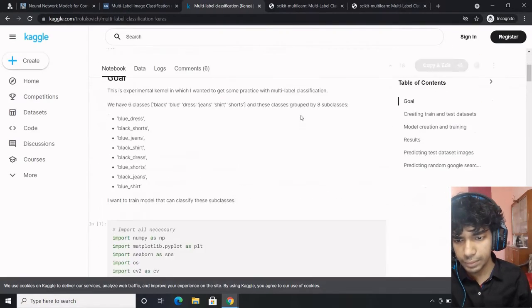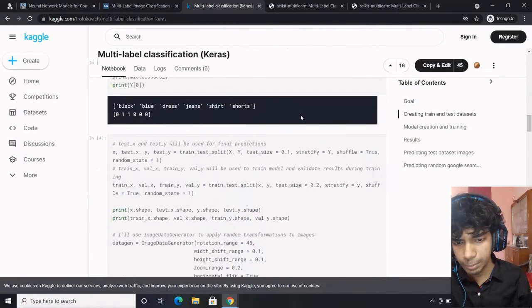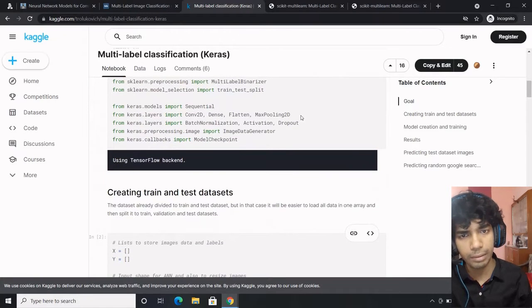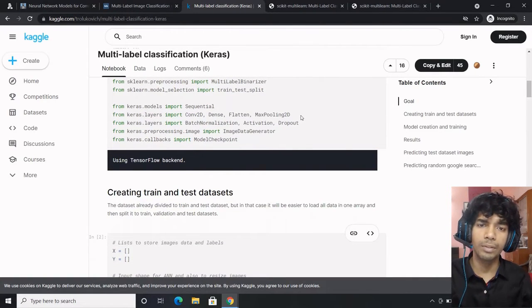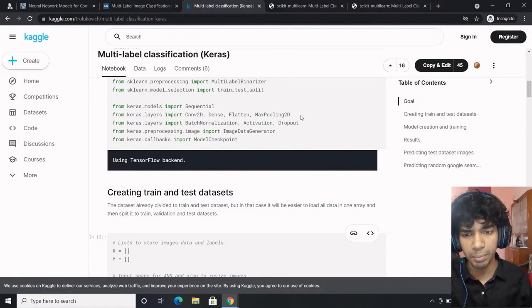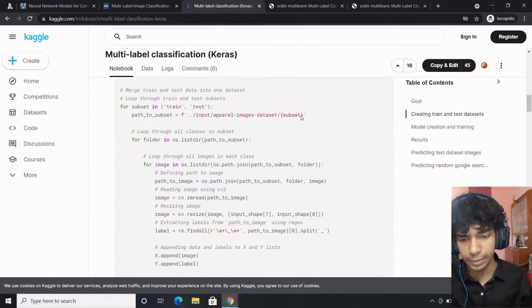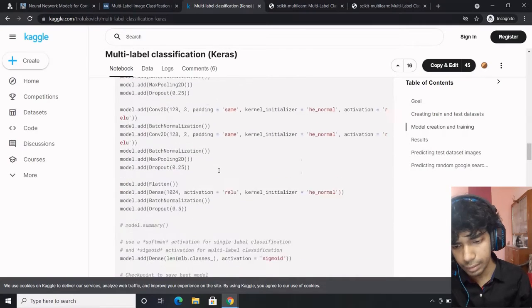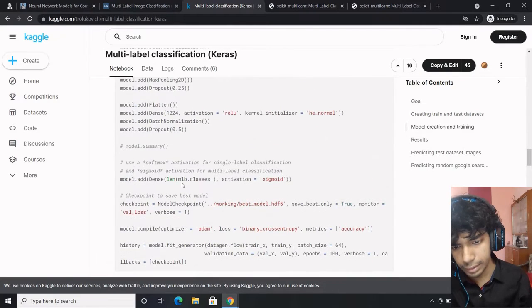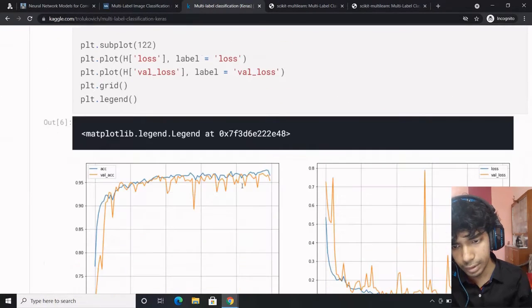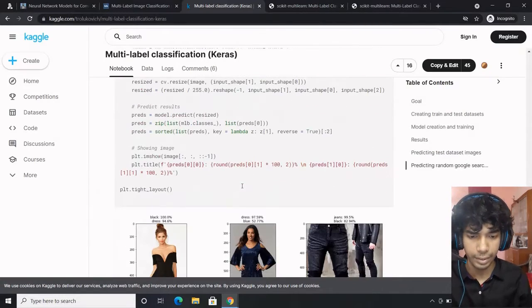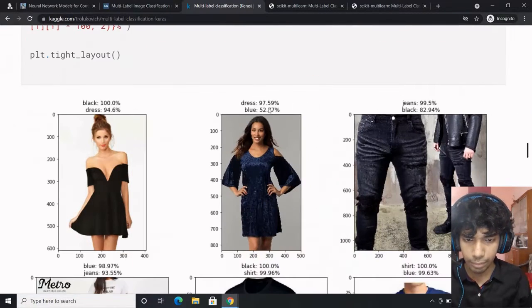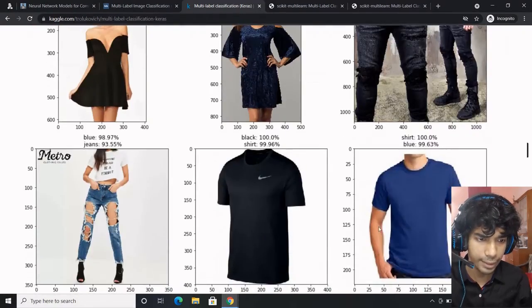So this is one example I was going through. I've also performed this and took part in a competition way back in the month of April. That was plant pathology, a multi-label classification problem, and it was quite interesting. Nothing much: get a data loader, get the data, nothing different. Just the number of classes, activation sigmoid, and simple training. And here you can see the output would be dress, blue dress, jean, black: multi-label classification.